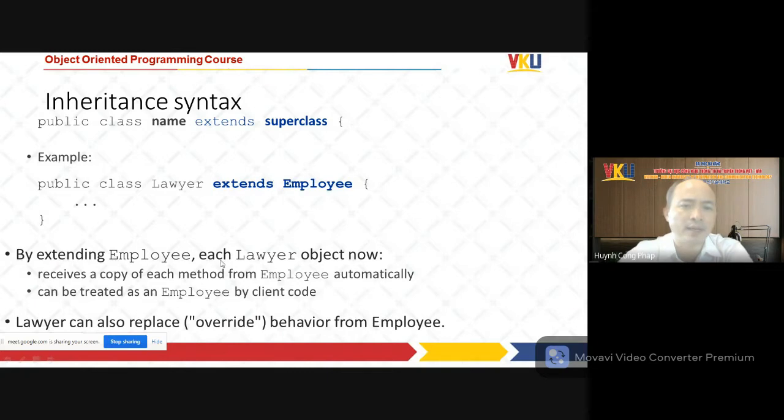By extending Employee, Lawyer now receives a copy of each method of Employee automatically and can be treated as an Employee by client code. It means that Lawyer now inherits, and the Lawyer class has its own public methods of Employee. Like you now inherit from your parent, everything from your parent, like properties, like car, like house, becomes your properties. You understand? So inheritance means that you create